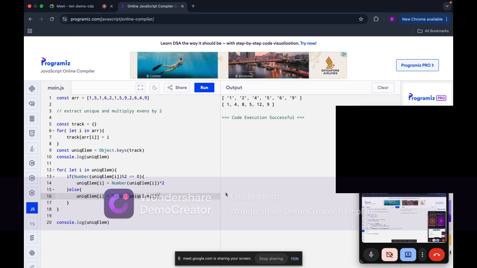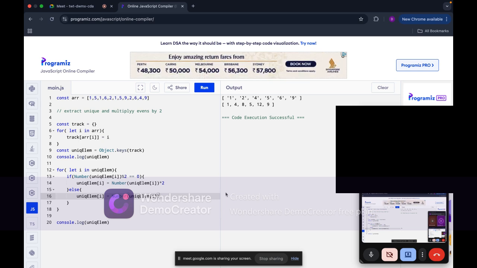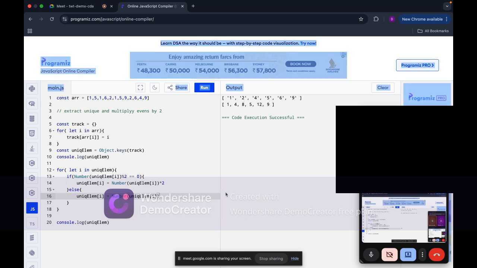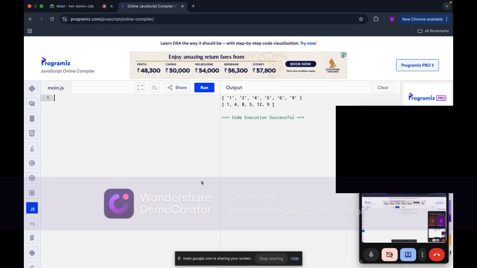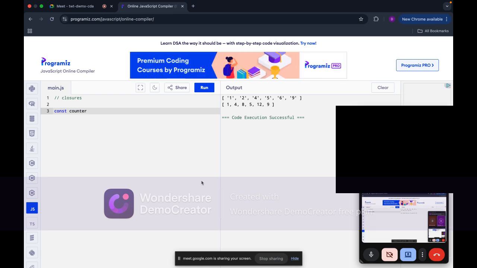Can you explain it with any code? Yeah, sure, sure. I will remove this. Yeah, sure. So closures. Okay, I need to create a closure. So I can have const counter, and that I will be having an arrow function. Okay, this is basically my arrow function,